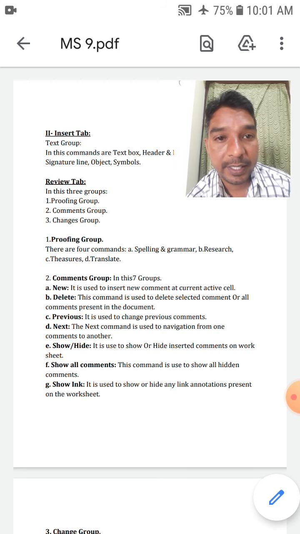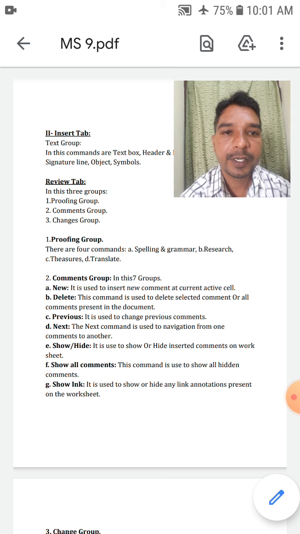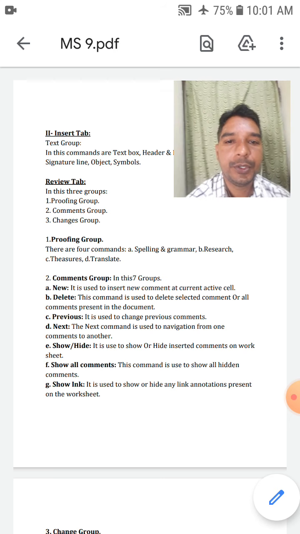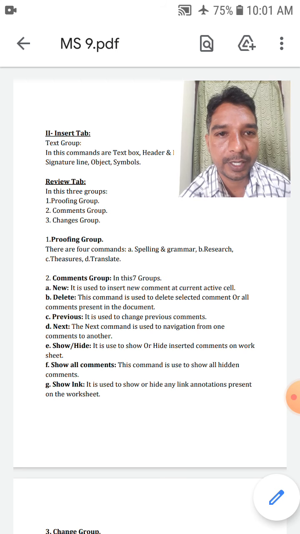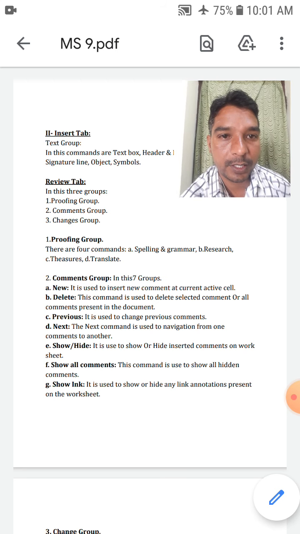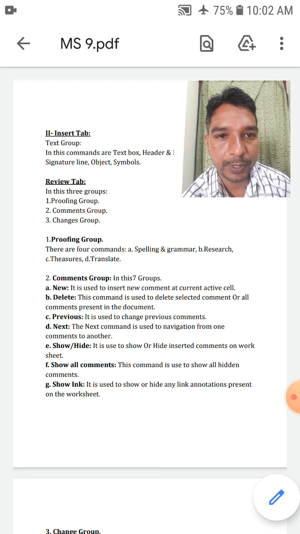Then you can insert a comment line, or a box line, with your important notes, in a bubble shape, and enter the text in it. That is New. It inserts a new comment at the current active cell while you are working on the Excel spreadsheet.